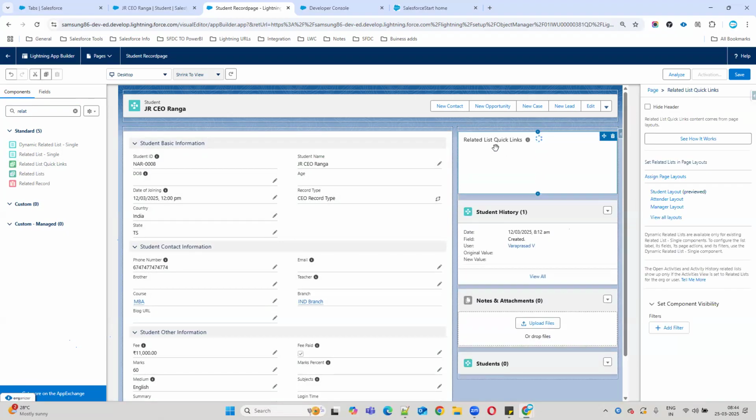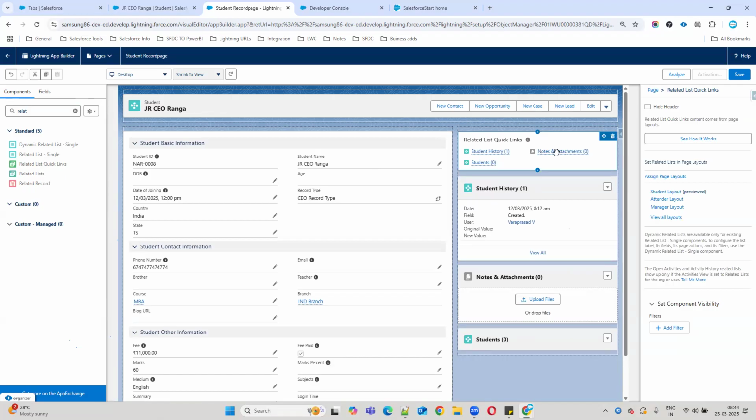So it will show all the child objects. If you want to create one immediately, you can just click on this link. Whatever is there here, the same thing is available here also, right? Any difference? The difference is, here you can see the links, here you can see the complete related objects information. That is the main difference.